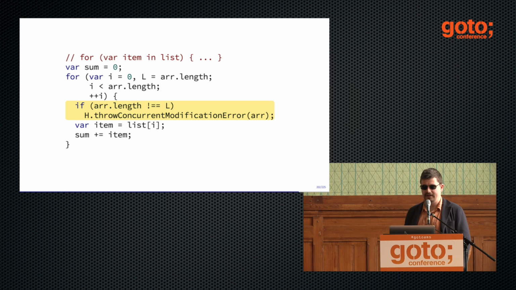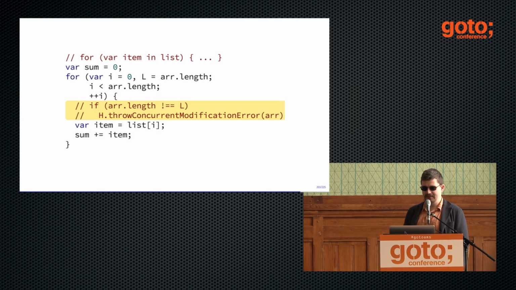I work on Dart now, and I work on a Dart VM. But the people who do the compiler from Dart to JavaScript come to me and ask questions sometimes, because I used to work on V8. They were compiling the for-in loop into JavaScript, and they were producing this code. There is this helpful check in there, which is checking that you're not modifying the array, because that's Dart semantics. You want to throw an exception when you modify the array during the iteration.